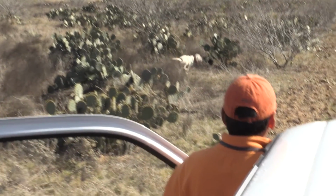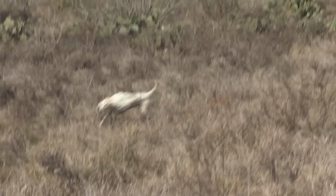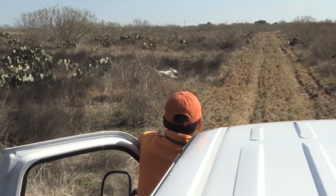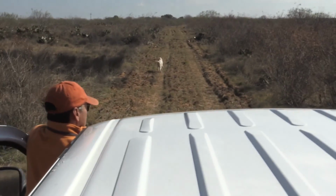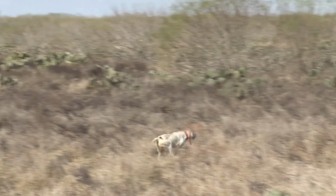Sometimes you'll see him, he'll go on point and he'll hold it, and then he'll run up 5 or 10 feet because he's smelling the birds where they were 20, 30 minutes ago, until he knows he gets right up on them, and then he locks. And once he locks in place on that point, then it's...